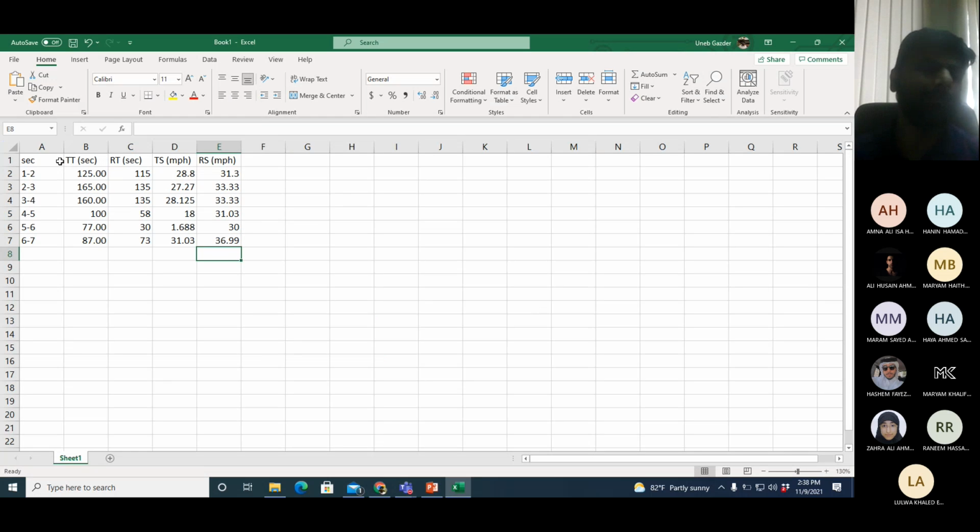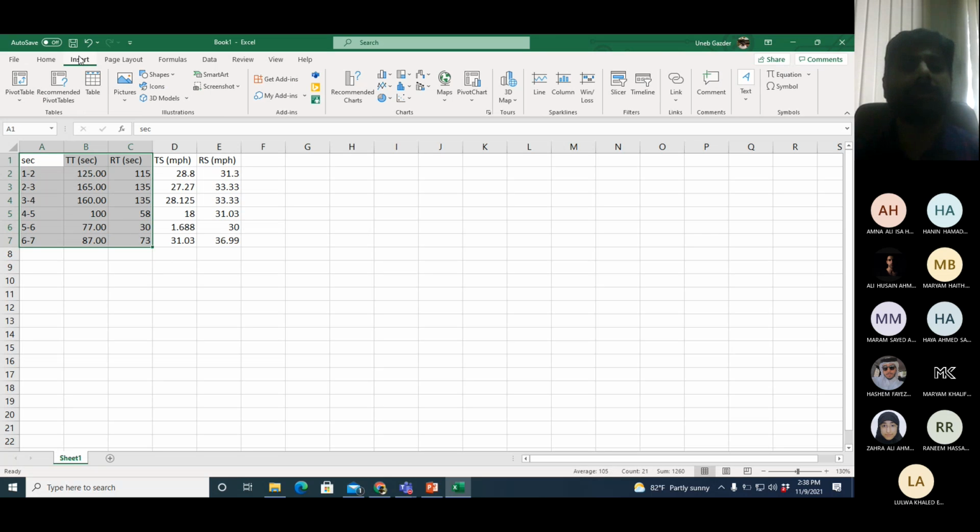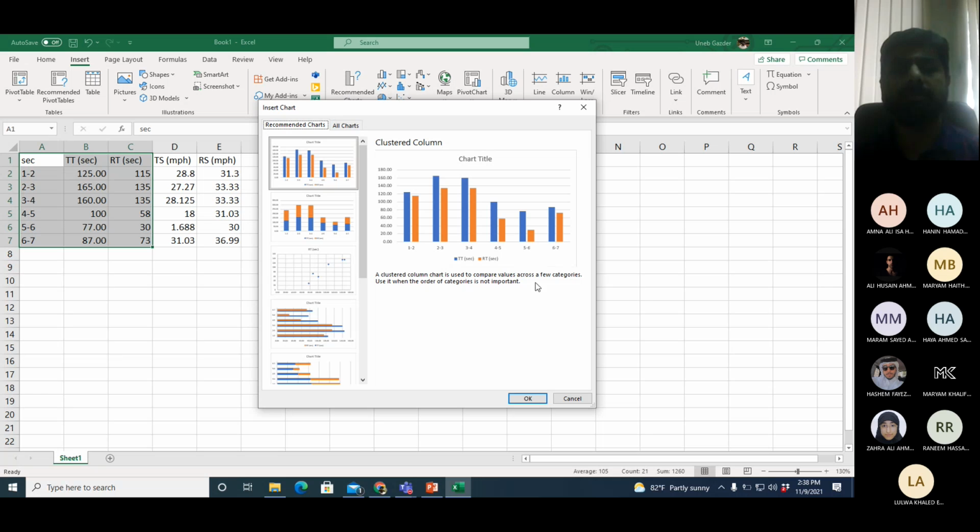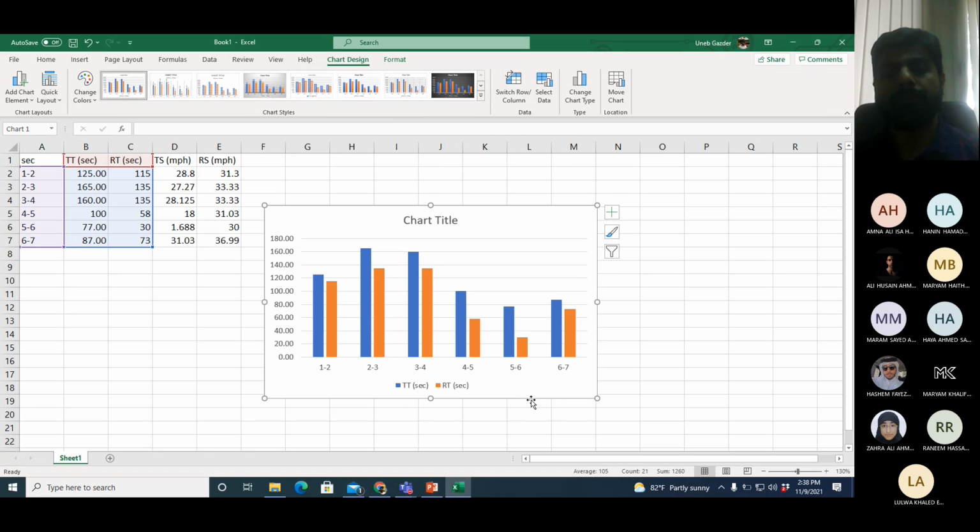Okay, now if you want to plot it, select the columns which you want to plot, which are these columns. Go to Insert, Charts. Usually we go for a bar diagram. So you can select the tab of the chart from here, from the left hand side. This is fine. So when I plot it, you can see it's plotted because I already selected the columns to be plotted. So the first column is always taken on the horizontal axis. The remaining columns are taken on the vertical axis. And you can see the legends over here. Blue lines are for travel time, and the orange lines are for running time.